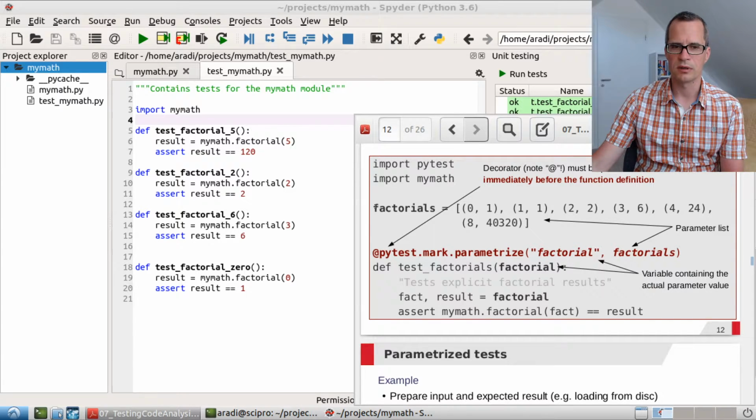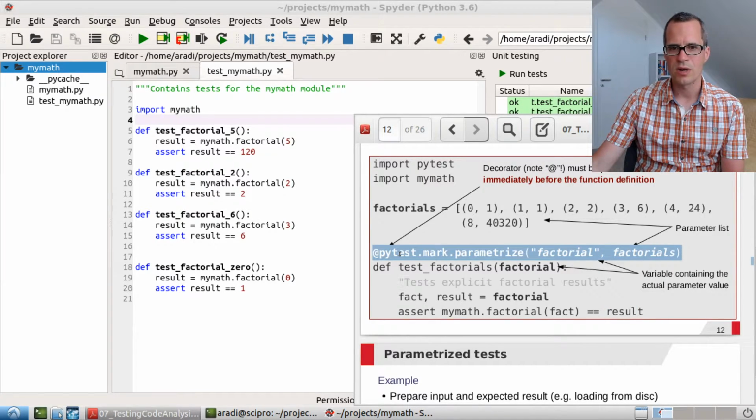And this is exactly what we will do. We will collect into a list all the possible combinations which we want to check. Basically, here a tuple with number and result, then another tuple with number and result. And we want to convince PyTest to run over those pairs and call a function. In this function, let's call the pair factorial, we will collect the first one in the variable fact, the second one in the variable result. And then we will call mymath factorial with the number fact and check whether it is the same as result. This is exactly what we would like to achieve, and here in the slides you see you can achieve it with a so-called function marker,